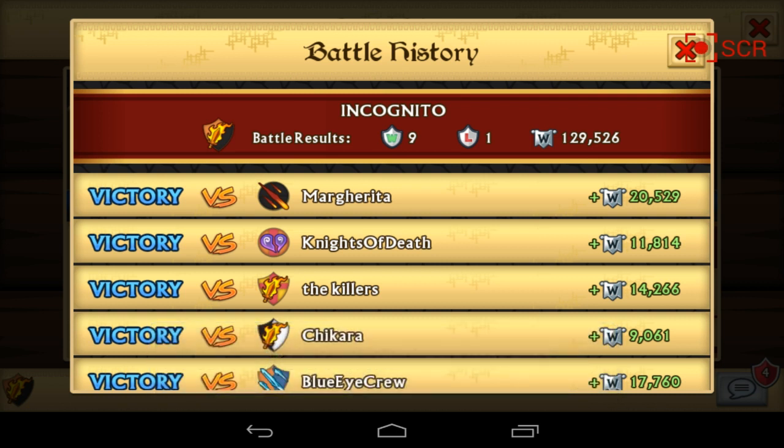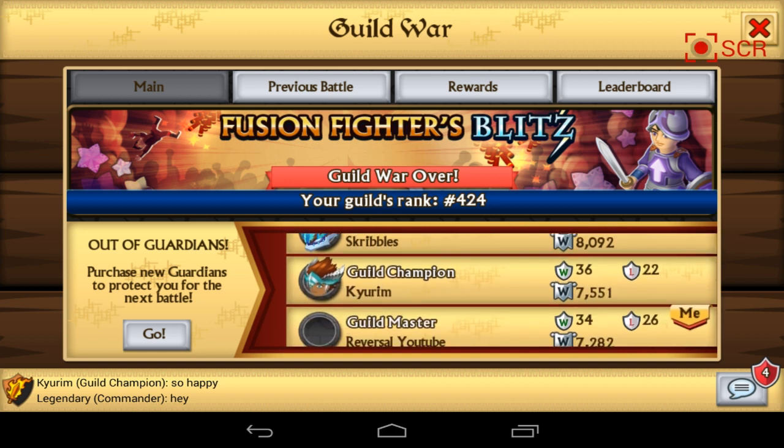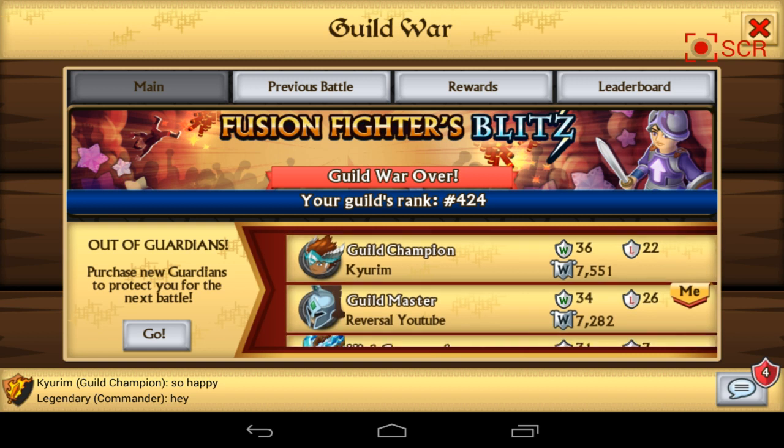And with that being said, let's just take a look at our members, because I actually changed something from before. Before, I was making it so that the person with the most points would become the guild champion. Right now I changed it so that the person with the most attacks in total will be the guild champion. And the guild champion for this week's Guild War is none other than my good friend Q-Rim,